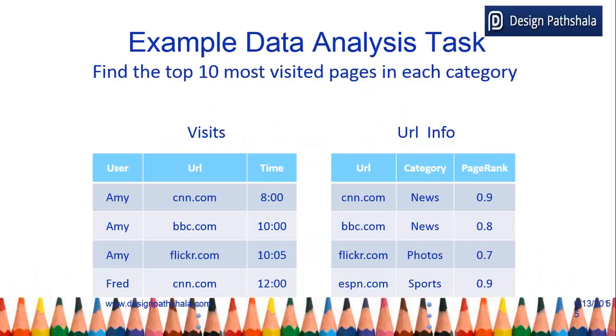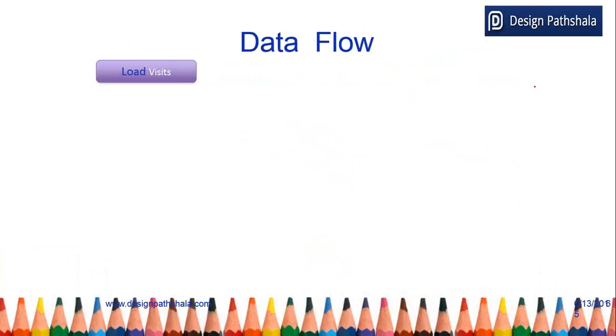So CNN belongs to news, BBC belongs to news, Flickr belongs to photos, and so on. These are the two files we are looking at, and our problem statement is pretty simple: find out the top 10 most visited pages in each category. So for each category, we have to figure out the top 10 most visited pages. If you have to solve this problem and create a data flow for it,